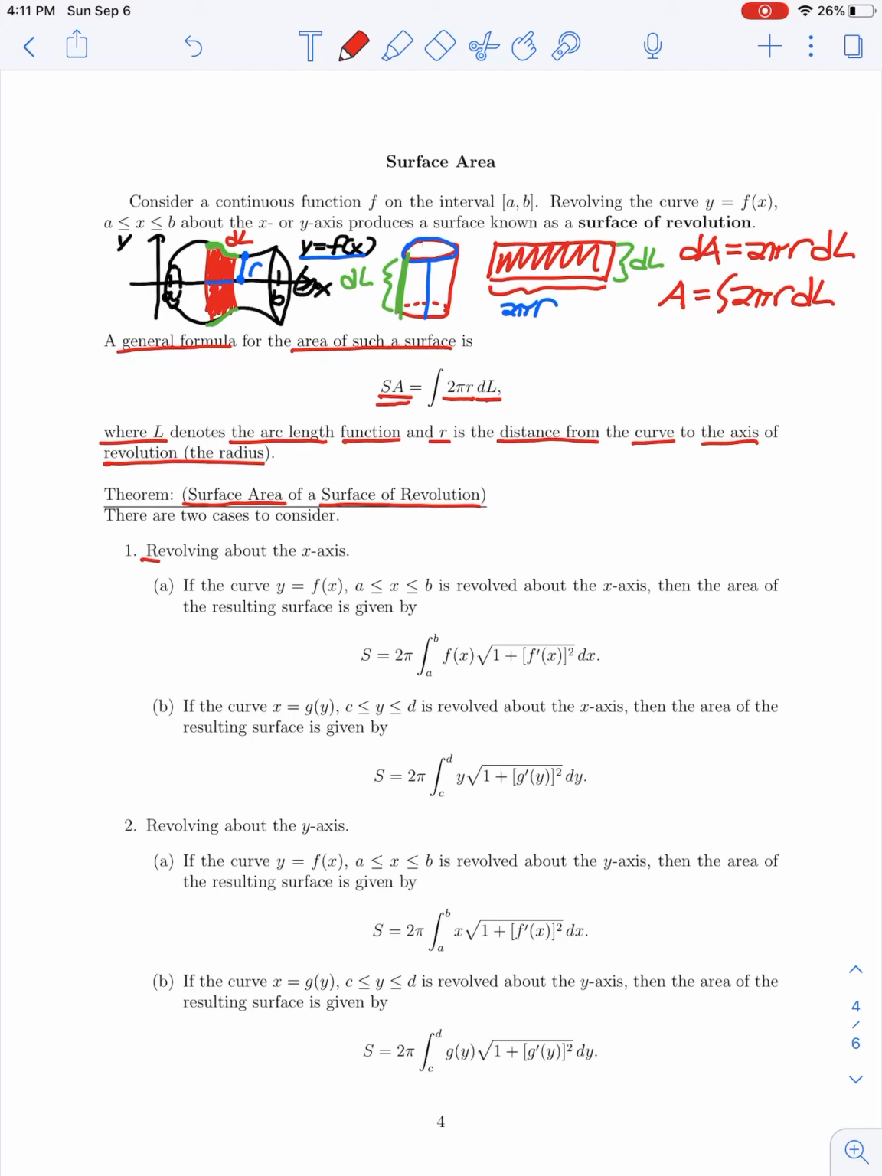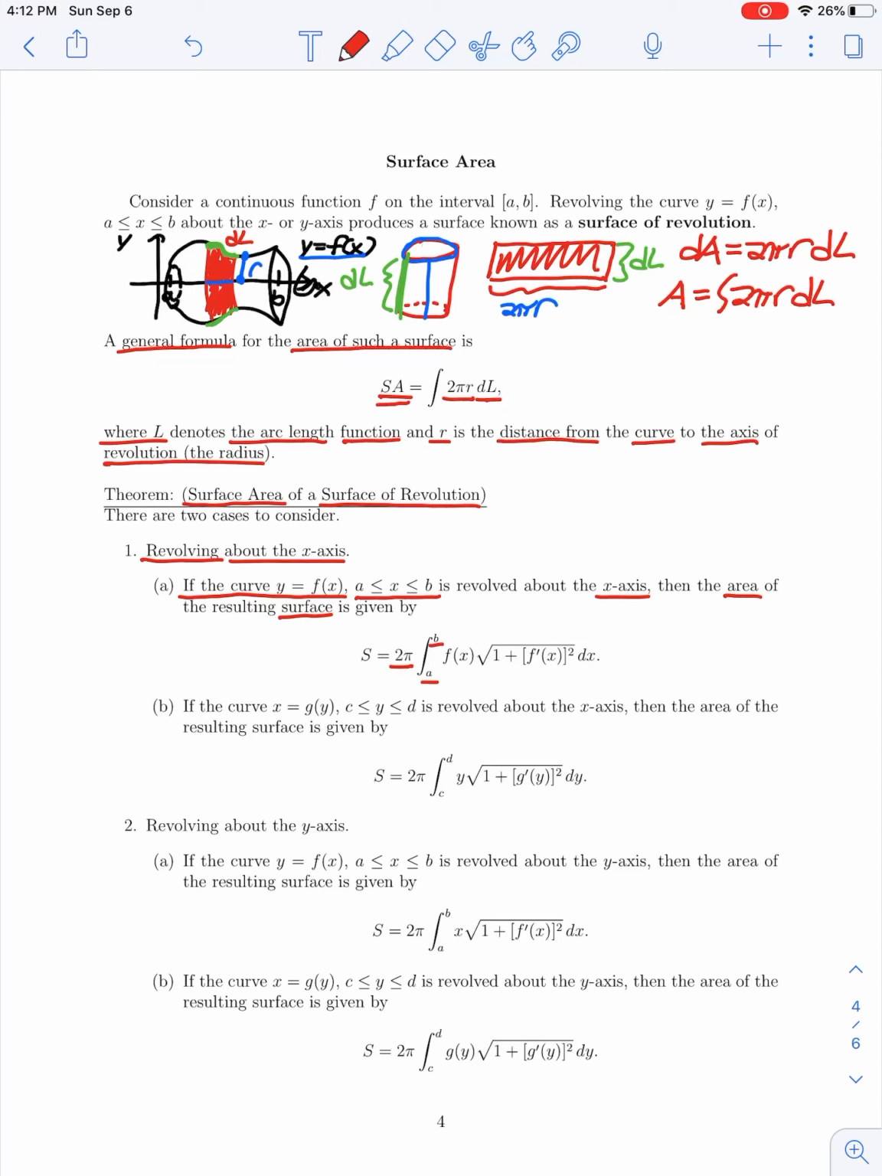The first one that we'll consider is if we're revolving a curve about the x-axis, sort of the problem that we were illustrating above. So there's 2 sub-cases for revolution about the x-axis. The first is if we're looking at a curve which is the graph of a function of x, something of the form y equals f of x, where x is between a and b, and if this curve is revolved about the x-axis, the area of the resulting surface is given by the integral from x equals a to b